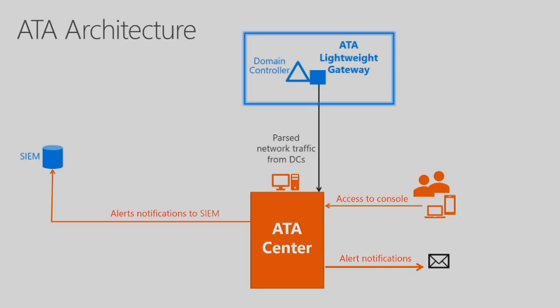But we know that the domain controller is the heart of Active Directory. It's very precious to every DC operations person. So we have a resource limitation function in the lightweight gateway service. That function looks at the free resources on the domain controller, and we try to make sure there's always around 15% free resources. If we see that go down, if the domain controller gets particularly busy, we will limit the resources that the lightweight gateway service can take and make sure that we take the pressure rather than doing anything to the domain controller. There is a consequence to that though.